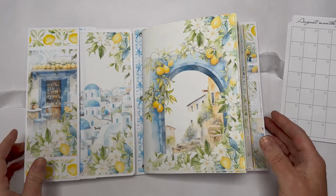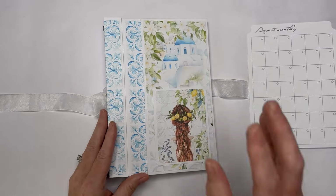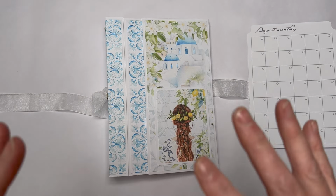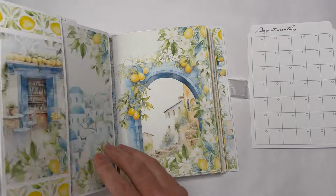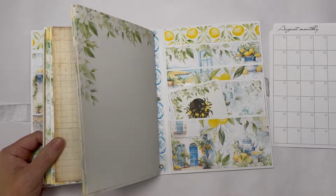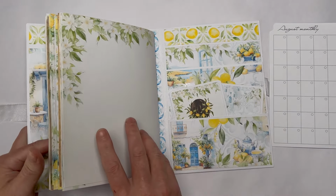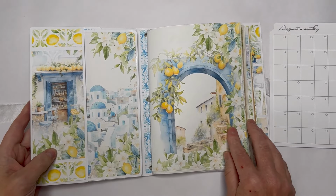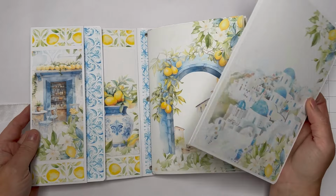So when I've done some more work on it, I will come back and show you a final review, and I will be doing a tutorial on how to construct the cover. The matting and layering is very simple. I showed you last month how I do my matting and layering. I won't be doing that this month because I'm going to be short on time, but when you see the final review, you can see how I've done it, and how I have put my papers down,